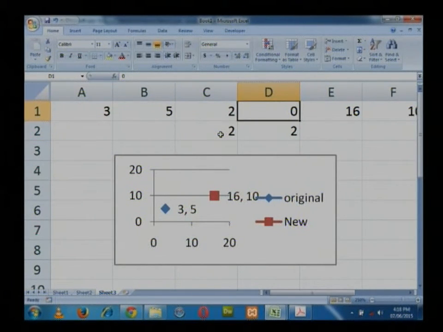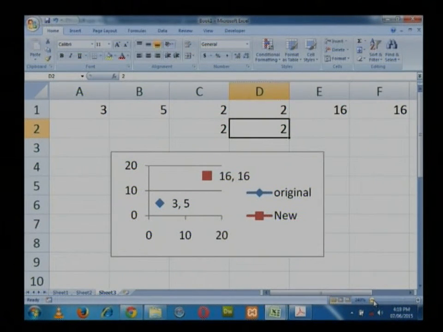I need to add another point here. So what will you have to do here? You will add another series. Now actually what is happening, scaling or something? For that we will draw a